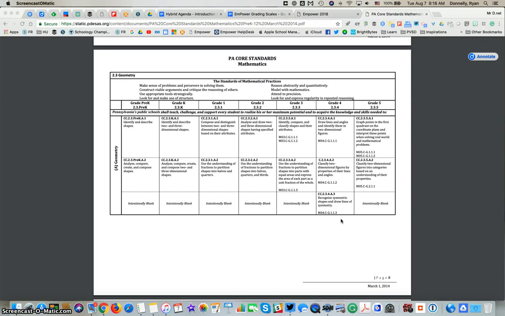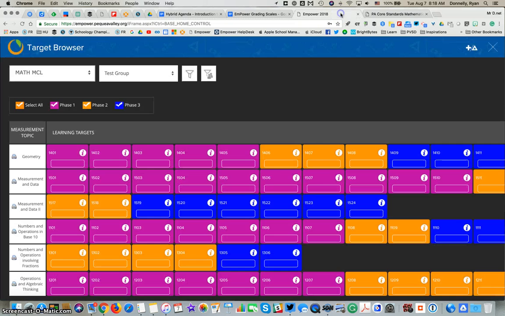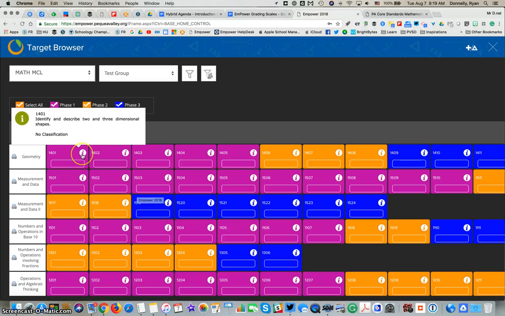I'm in the PA Core standards to reference that we have each of the standards from the PA Core for math put into our target browser in Empower. So the way that I found that's easiest to do this is start in the target browser, and I'm going to find geometry here. It's the first strand. I hover over 1401's tooltip, and I see that it's identify and describe 2- and